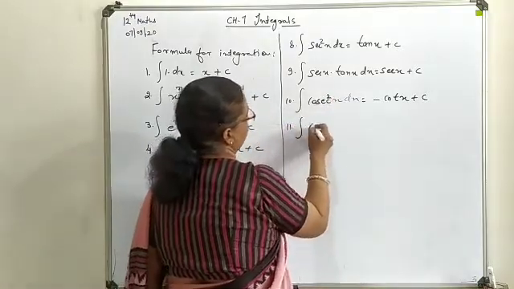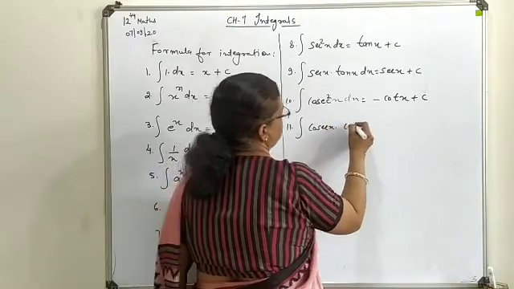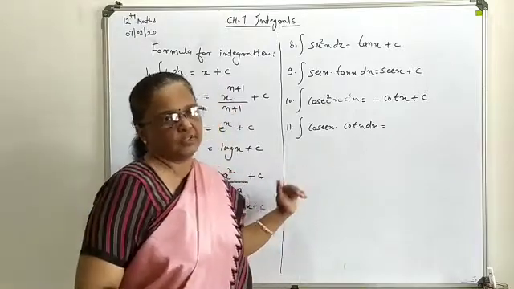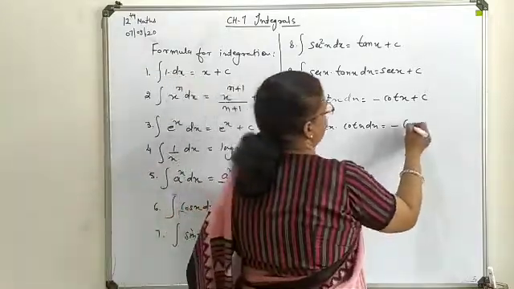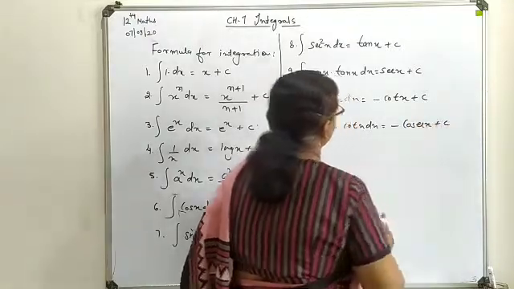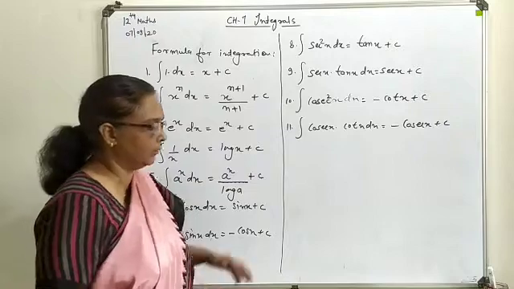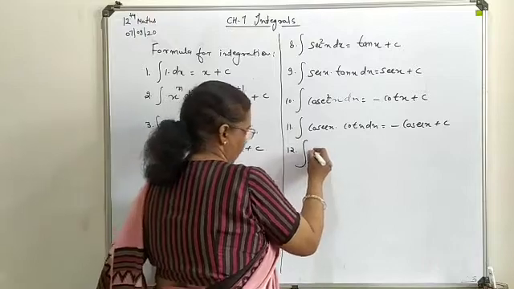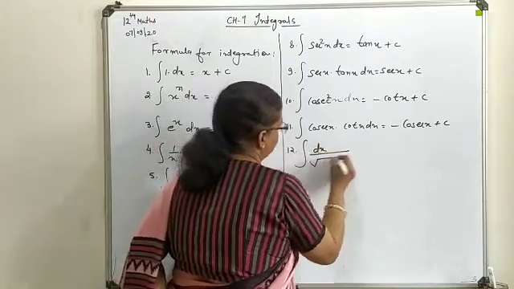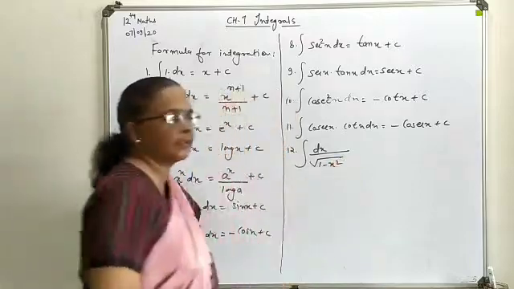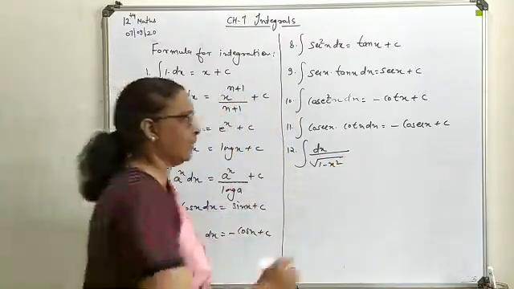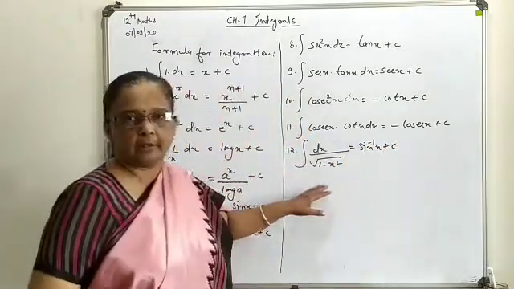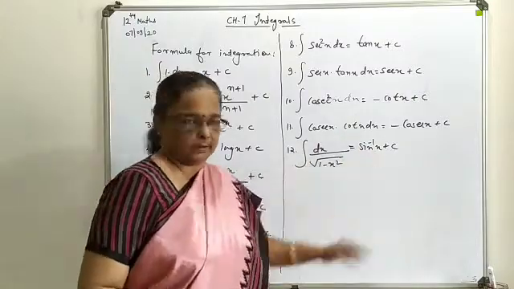Next is cosec x into cot x. We know differentiation of cosec is minus cosec into cot, so it will give you minus cosec of x. So all these basic trigonometrical terms are over. Now we come to some inverse forms, dx upon under root 1 minus x square. We know it is the derivative of sin inverse x, so it will give the integration of sin inverse x. If the same term is written with a negative quantity, it will be cos inverse.